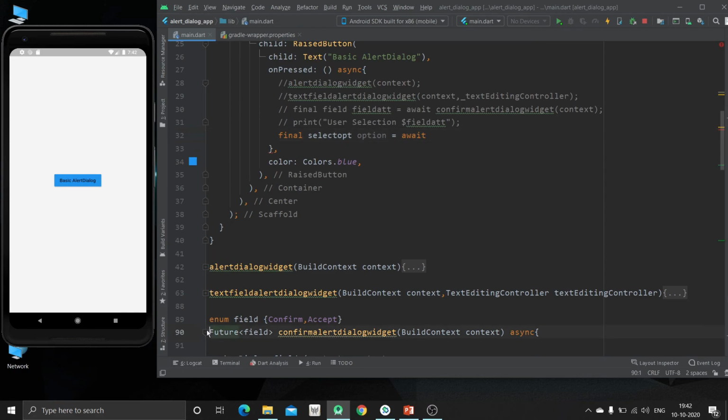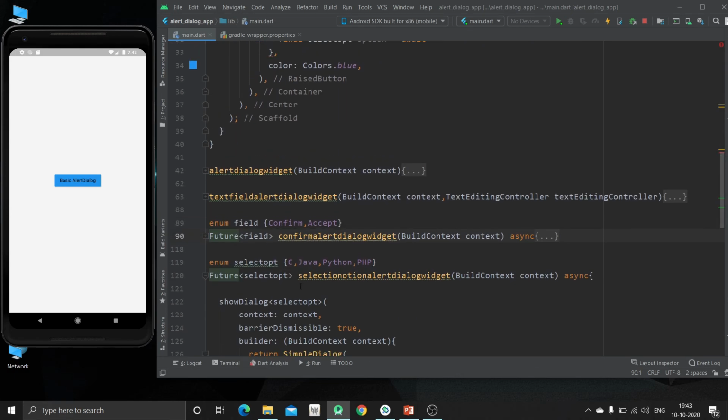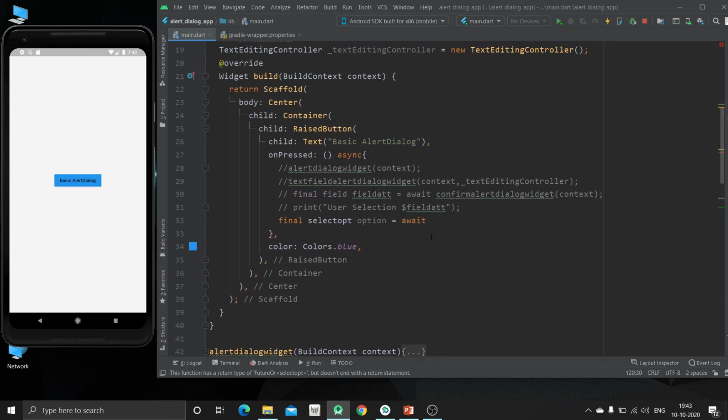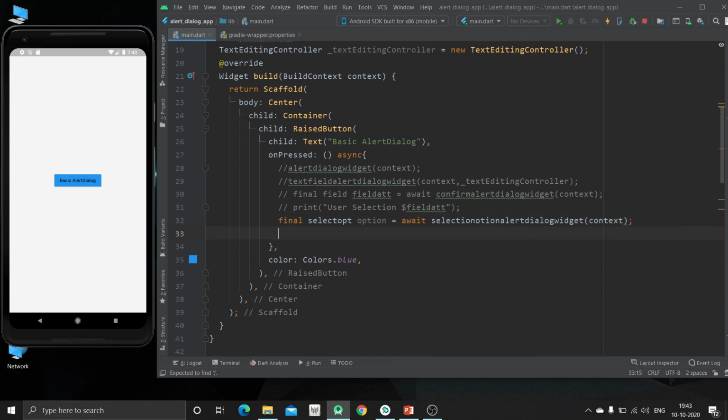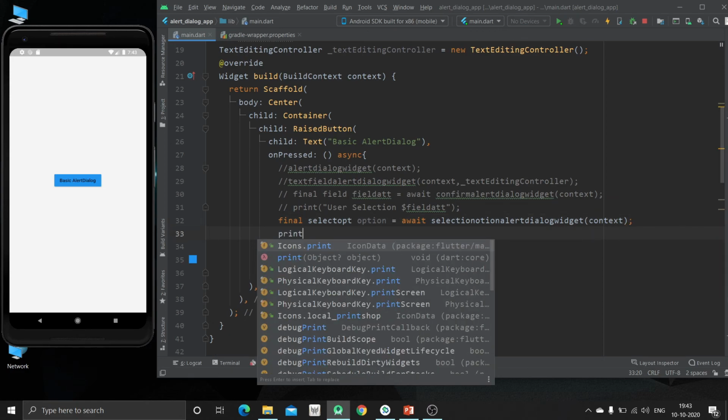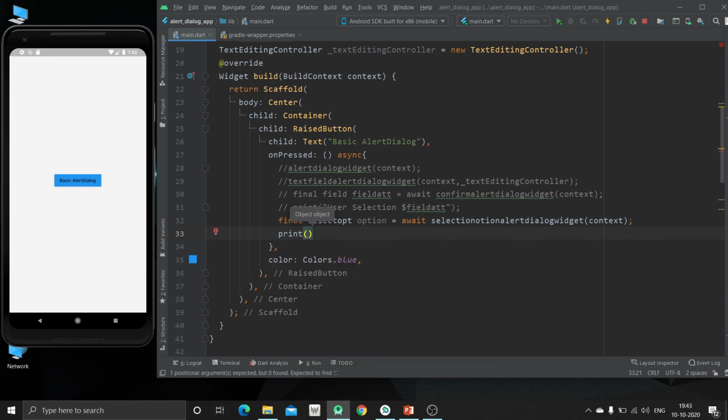Now what user has selected, we can print it using this option property. So just save it.